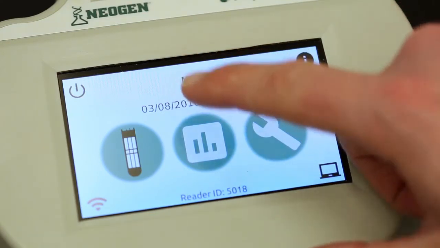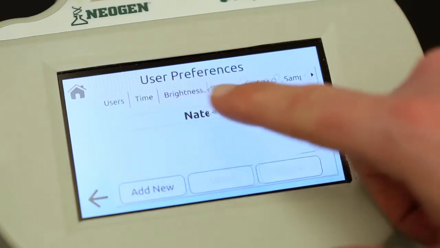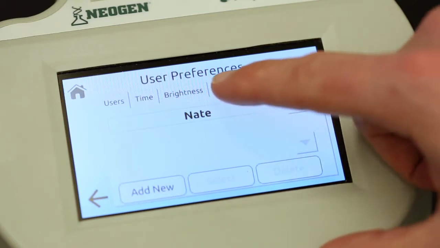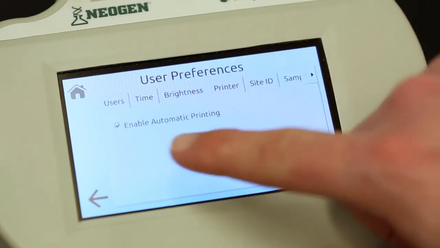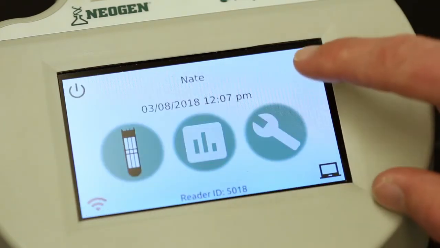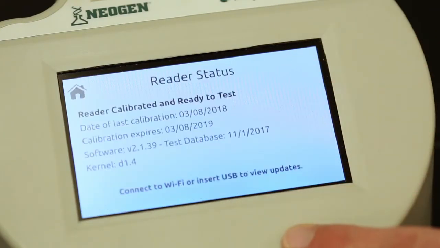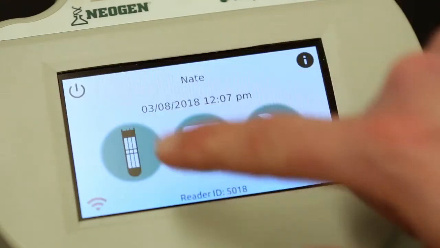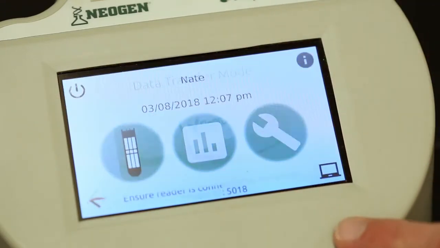Touching the username takes you to a user preferences screen where you can adjust a number of options, including time and date, automatic printing, etc. Other home screen icons include information for calibration status and firmware upgrades, data transfer mode for USB data transfer only,